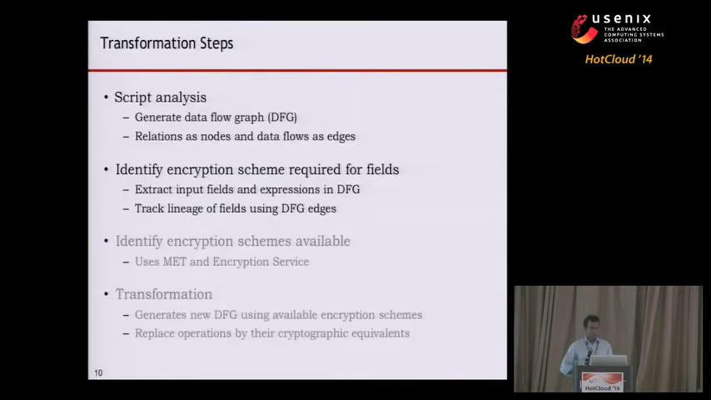So this is how we actually perform the transformation. We first do the script analysis, and we generate the data flow graph. This is something which Pig does automatically already. We just tap into that. And in this data flow graph, all the relations that we saw, like A, B, C, E, they're actually nodes. And the data flow between these relations are the edges. And as a next step, we separate out the columns and expressions from this data flow graph, and we track the lineage between them. To show a quick example,